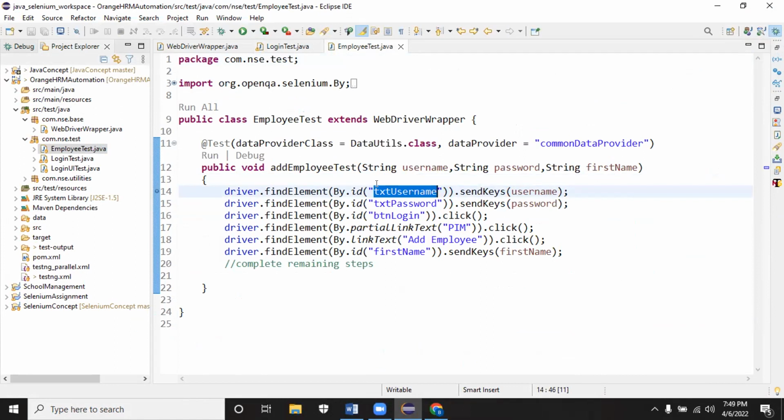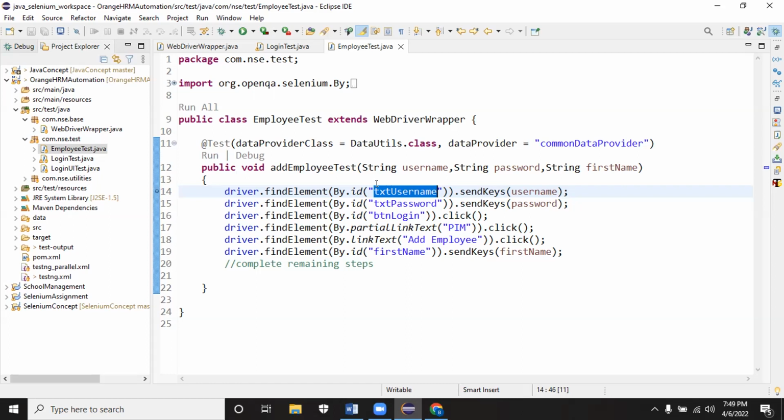To overcome this issue, we go for page object model. It's a design pattern, and it is used in automation for reducing and reusing the Selenium related code. That is the concept here. Okay. So, page object model concept.